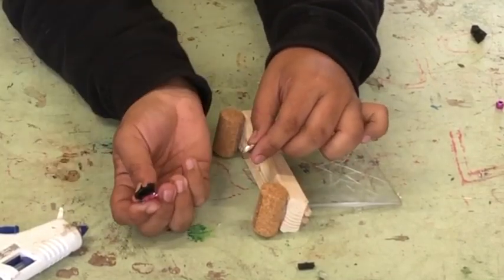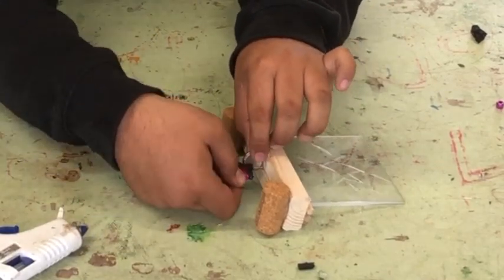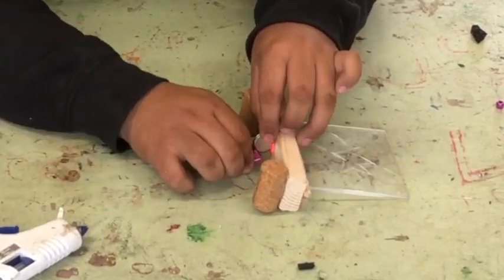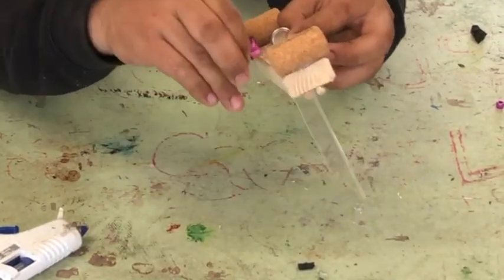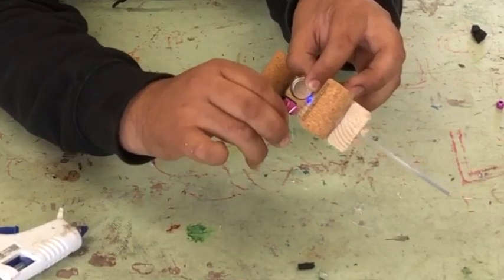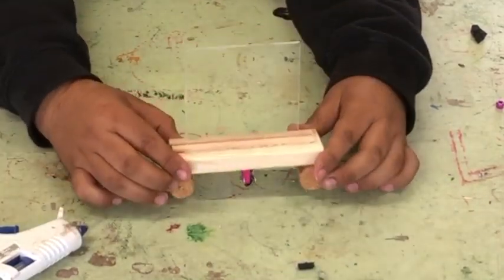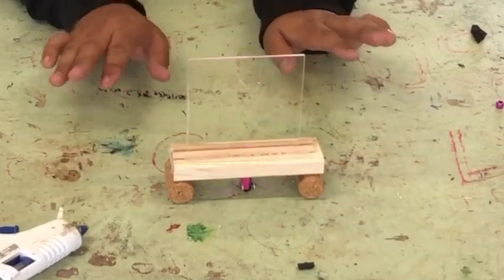So once we have that in there, we're gonna line up our battery and line up our binder clip. And once that is on, we wanna squeeze both of the little legs with our binder clip onto the battery to make sure it stays on. And that's gonna be